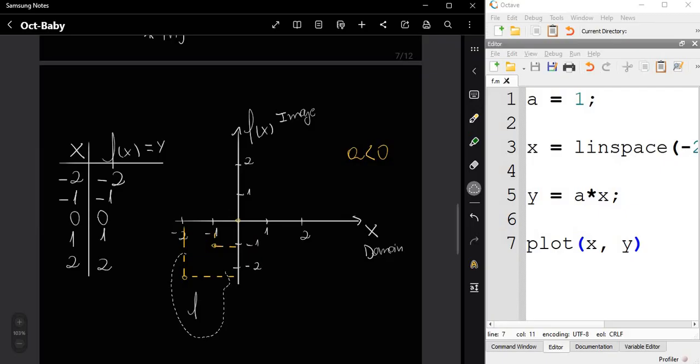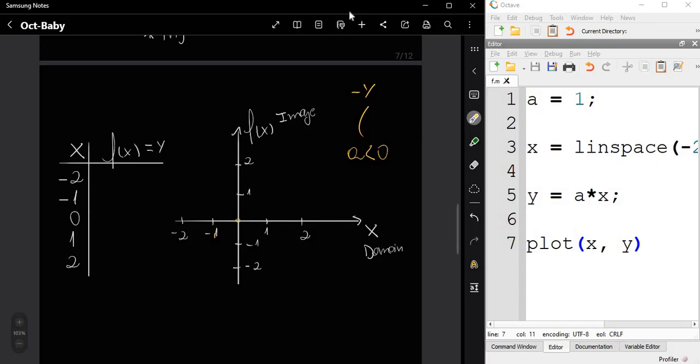Okay. And now as this coefficient a is less than 0, y will assume negative values.